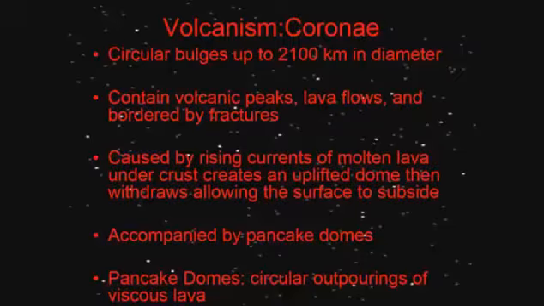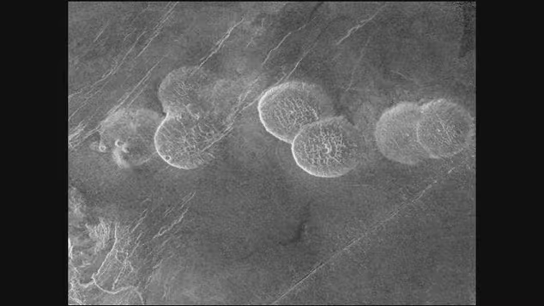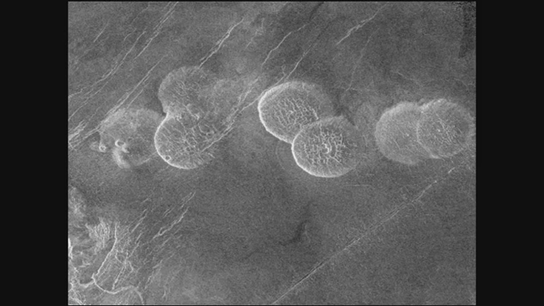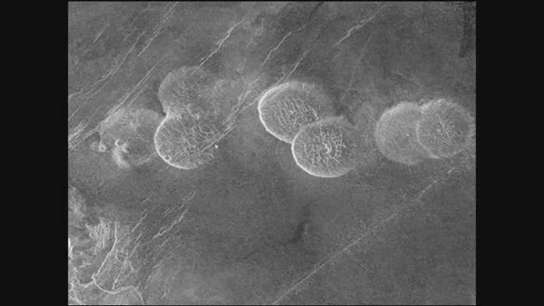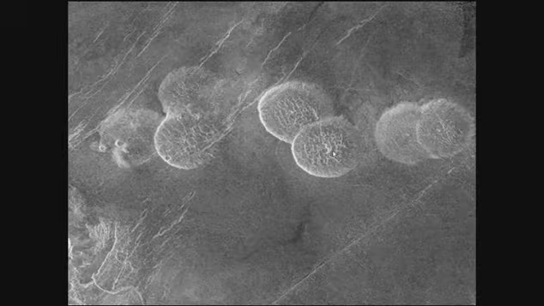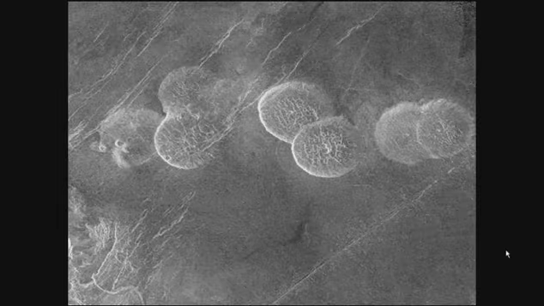And these give you things like pancake domes as well, and pancake domes are circular outpourings of lava. So these kind of features are pretty common on the planet. So these kind of circular features. And if you look on various weird websites, some people try to tell you that these are crashed alien spacecraft and things like that. They're not. These are natural volcanic features. And you can see where they've fallen in. See all this cracking pattern here.